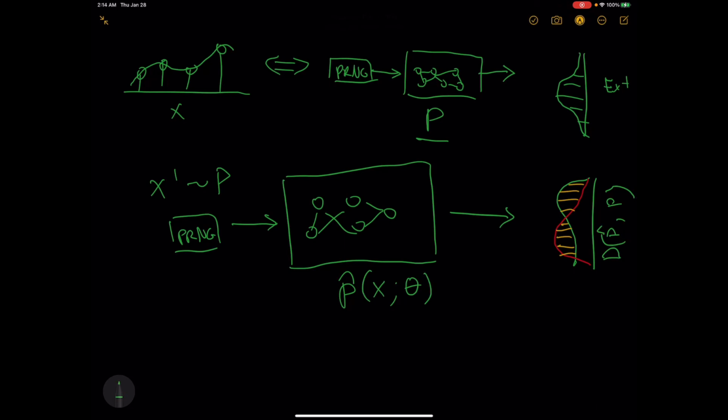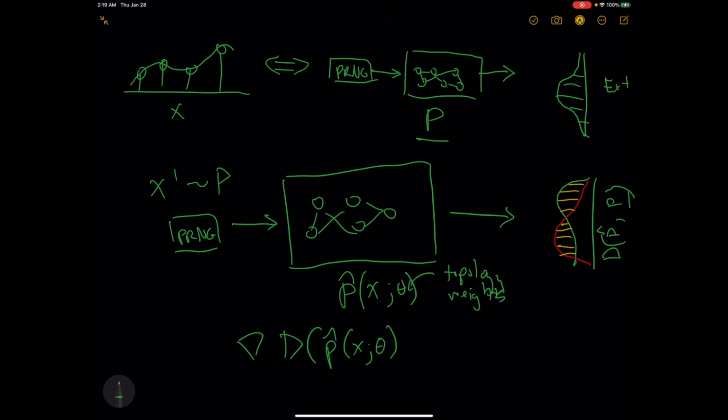And then update the parameters of P so as to more closely match this distribution. And these parameters, theta, can represent either the topology of the graph or, say, the weights of the edges. So one common way of doing this is to take the gradient of this distance between P hat and the true distribution with respect to theta, multiply it by some step size, and then update our parameters so as to reduce